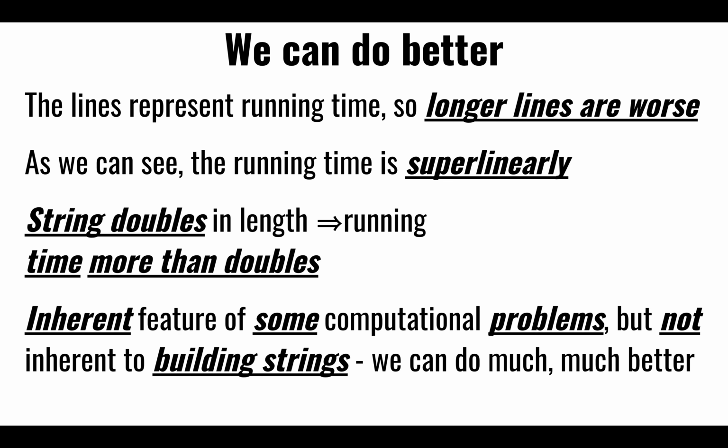So we know that there's a family of problems that have that inherent problem, and we can't do anything about it. But certainly, string building cannot fall under that category of problems. So we certainly hope that we could do much better than exponential growth. Hopefully, we can bring that time complexity curve down from quadratic maybe to linear. And we've seen, if you've done algorithms, that there are some